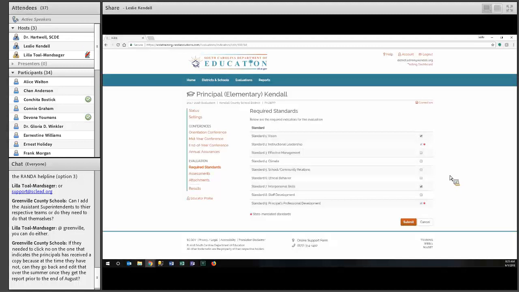You'll notice that standard 2 and standard 9 are default selected for you, and you can't change that since at this point those are required by the state. But you can add to this list if necessary. If you only did standard 2 and 9, then you don't have any changes you need to make. But if you needed to add in some additional standards for the evaluator for this year, then you can make that selection here.